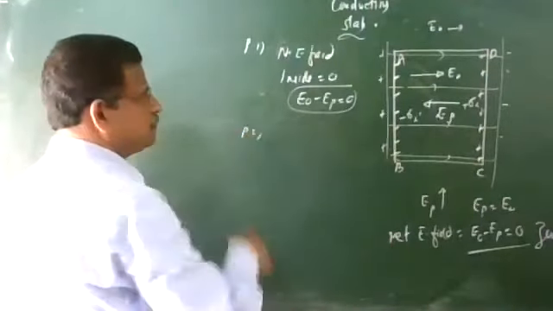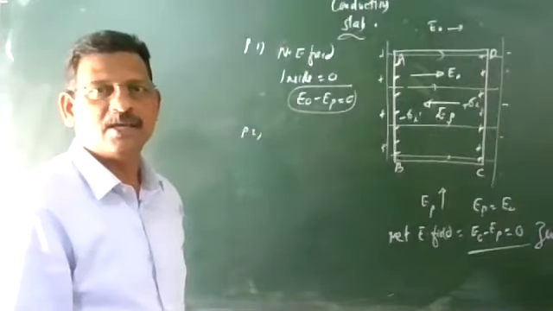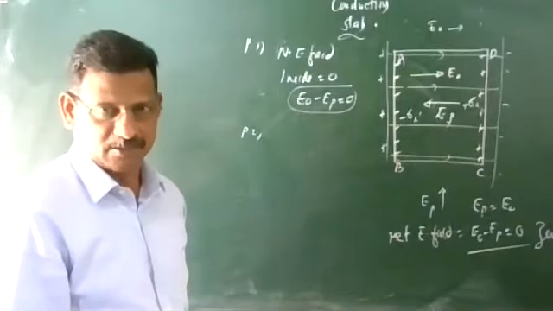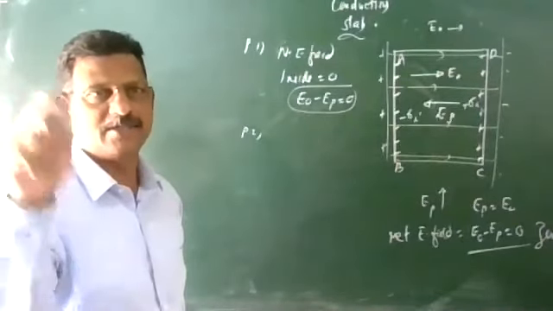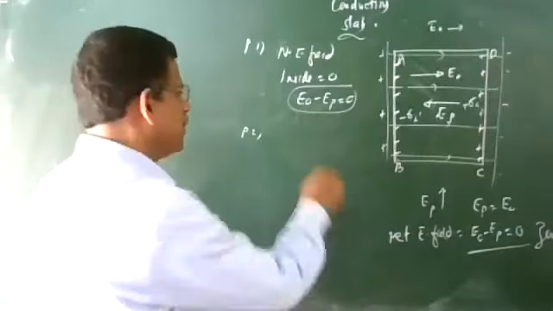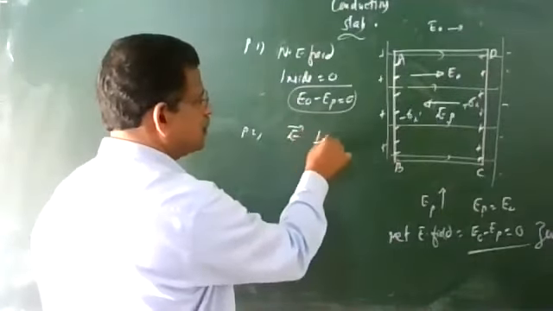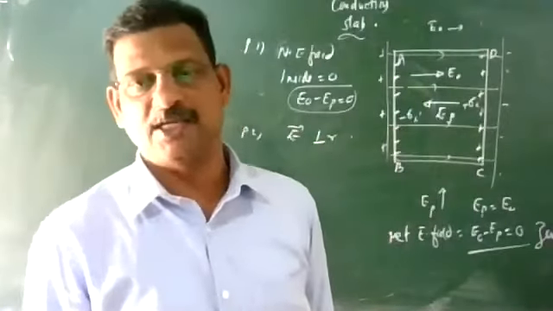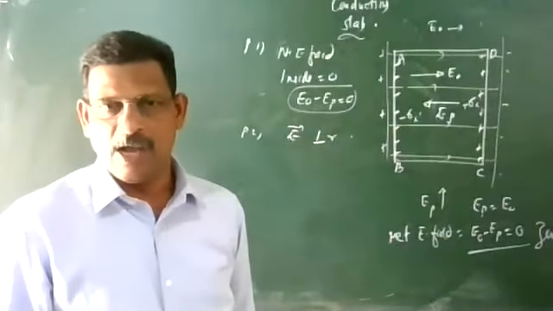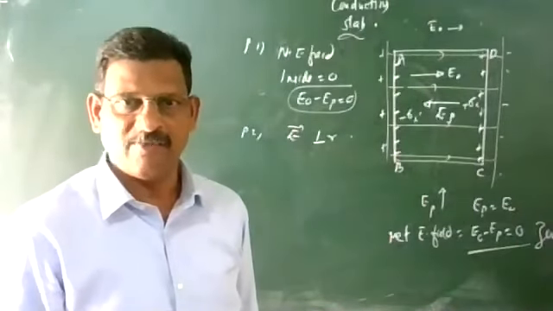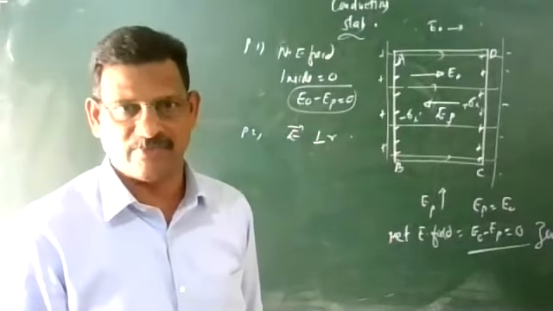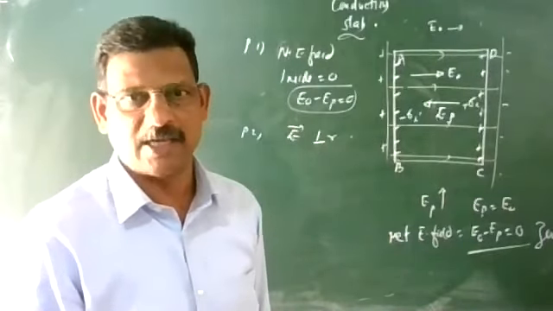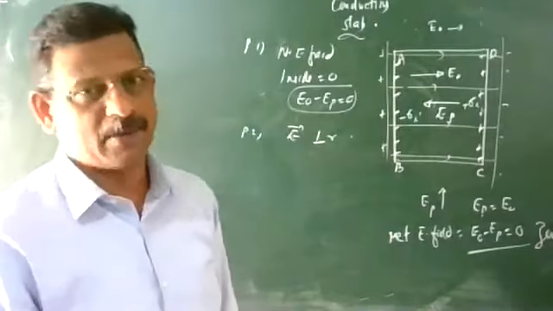Property number 2: the electric field is always normal to the surface of a charged conductor. We are seeing many cases, so we are just collecting the different points. The electric field is always normal to the surface of a charged conductor in the static situation. Static situation means the charge is not moving. If it is not perpendicular, if there is a non-zero component along its surface, then charge may flow in that direction. That will not be possible in the static condition. The electric field is always perpendicular.